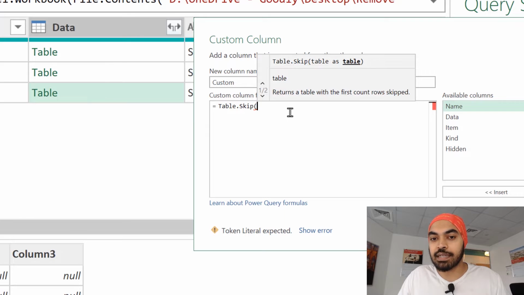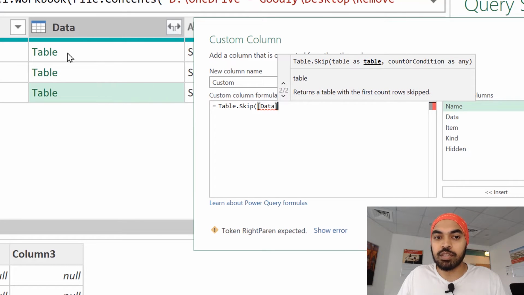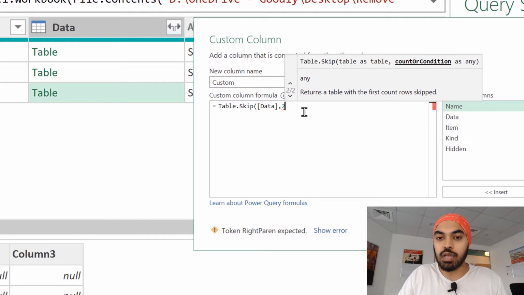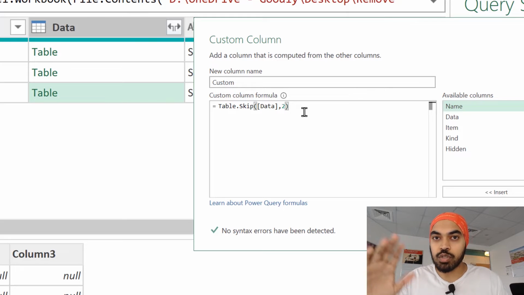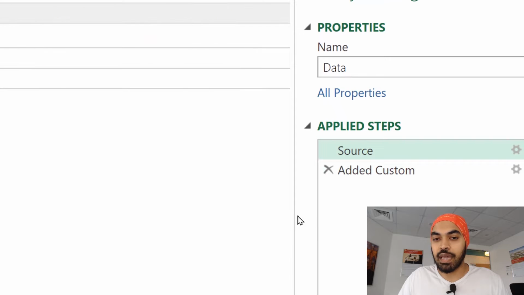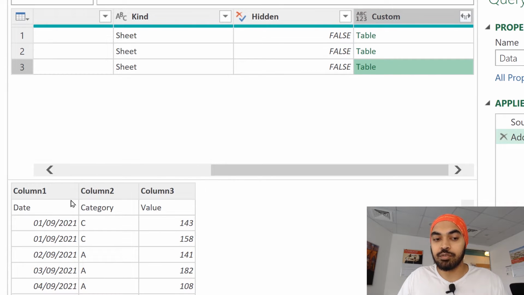So, I'm just going to say that the tables can be fetched from the data column. You can see that the data column contains the 3 tables, and the number of rows is, for example, 2. So I'm just going to say 2, and the first 2 rows are then going to be skipped, and we will now have a table again created right here. And the difference with this table is that it will not have any junk rows on the top.